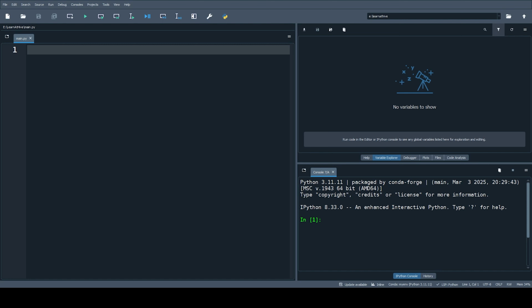Python's data types are incredibly versatile and fall into several categories: numeric types for calculations, text for words and sentences, Booleans for true or false decisions, sequences like lists and tuples for ordered data, mappings like dictionaries for key value pairs, sets for unique collections, and even a special type called None for when there is no value at all. Each type comes with its own superpowers, and by the end of this video, you will know how to wield them in real-world projects. So, let's kick things off with numeric data types, which are essential for any kind of